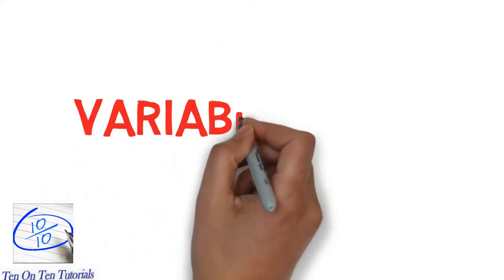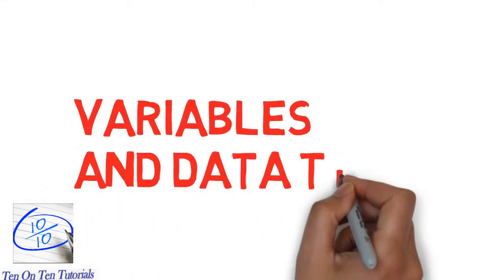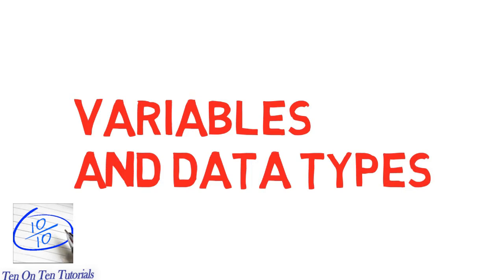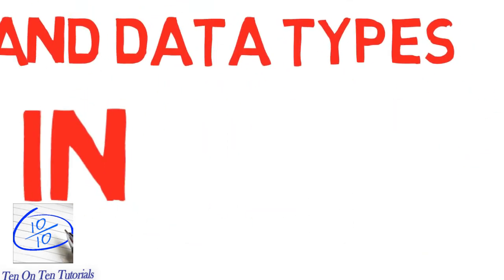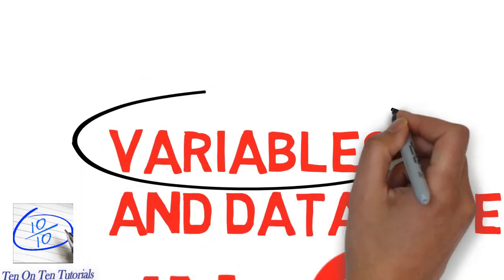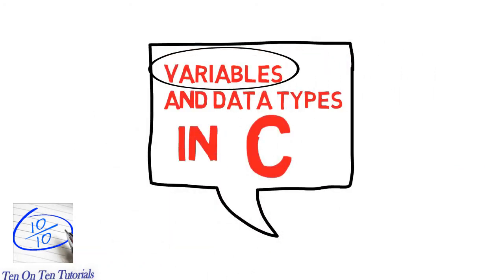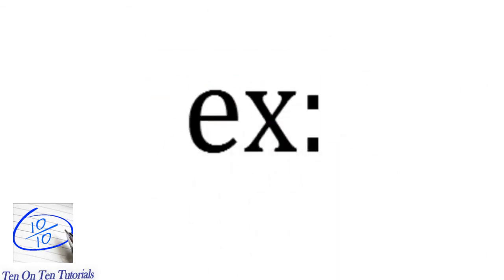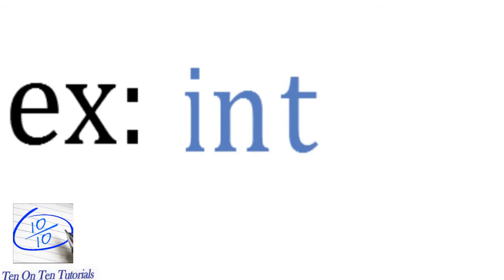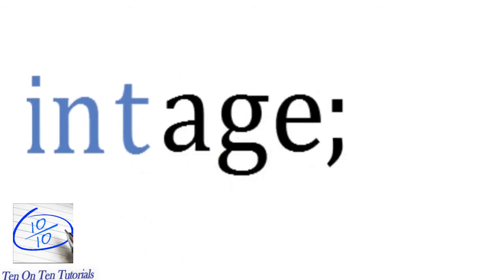Hi friends. Today we will see what are variables and data types in C programming. Variable is a memory location where we store the values of different data types. We will see what are data types later in this session. Each variable in C has a specific type, which determines the size and layout of the variable's memory,